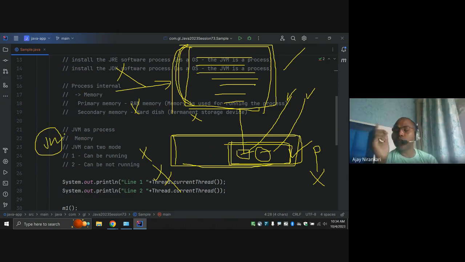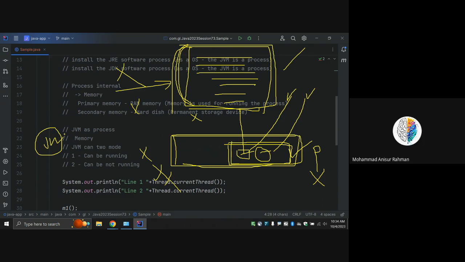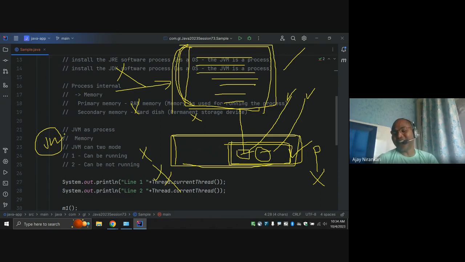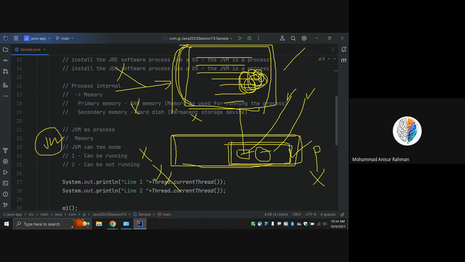The JVM has a very good feature: it automatically releases all the occupied space to the OS. Whenever we start the JVM, it requests space from the OS, and when it is not used, it is released. When it is used, it is definitely not released. If the program is still running, say some while loop or for loop running multiple times, they are not going to stop, so that memory is in use.